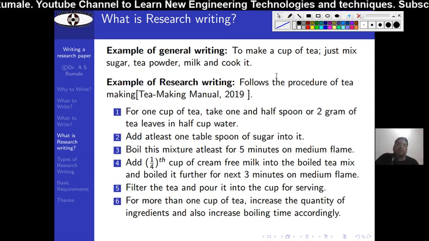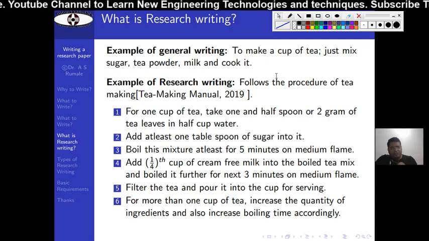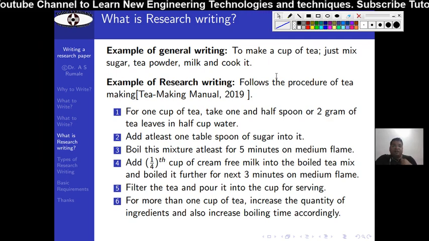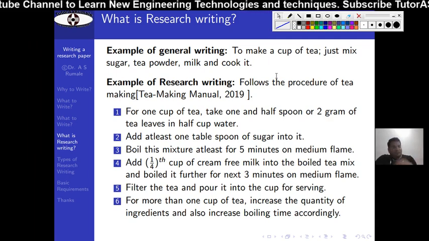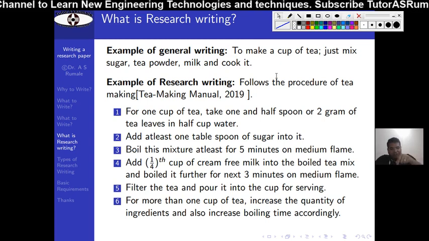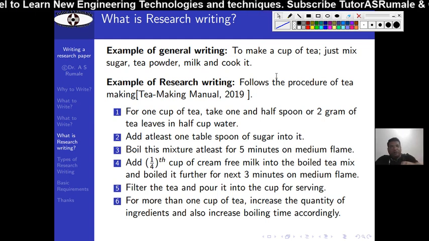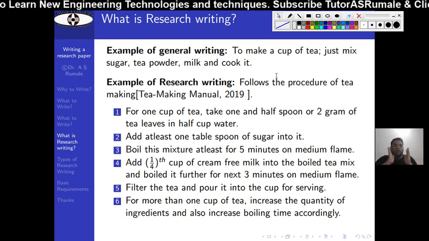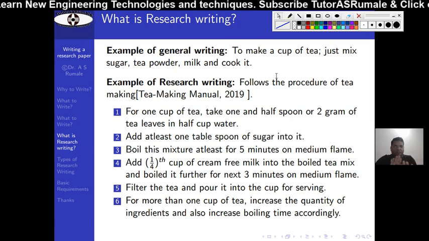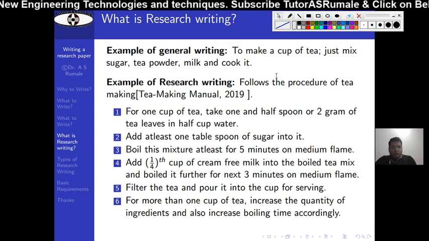In scientific writing there is no place for ambiguity, there is no place for what we call daydreaming, literally speaking. You have to be right there at the point. You have to give everything just as it is, no less, no more.